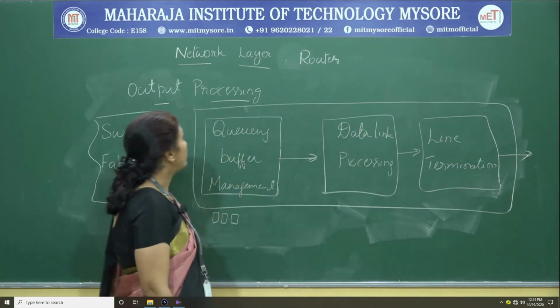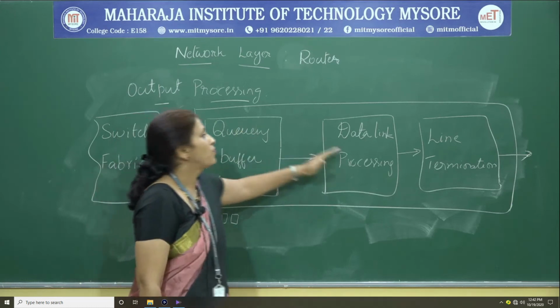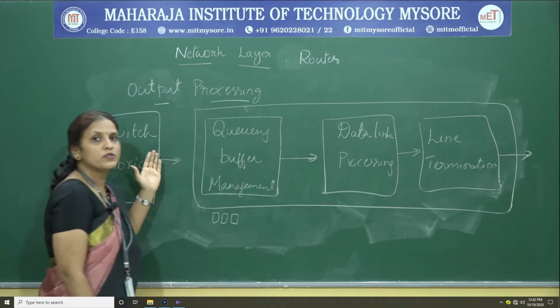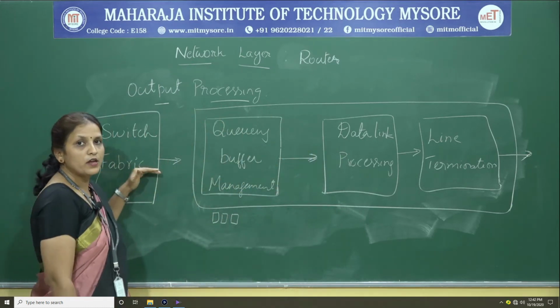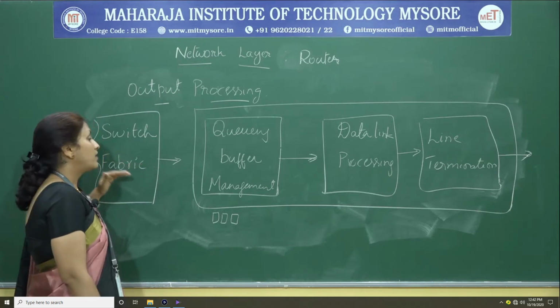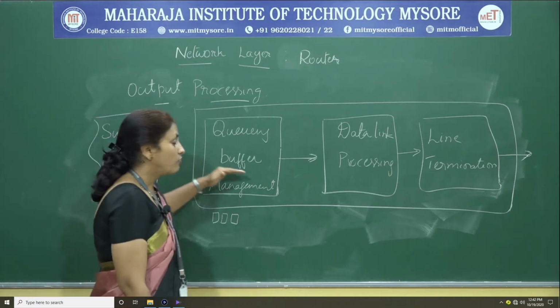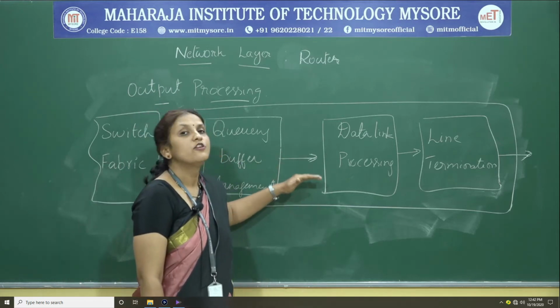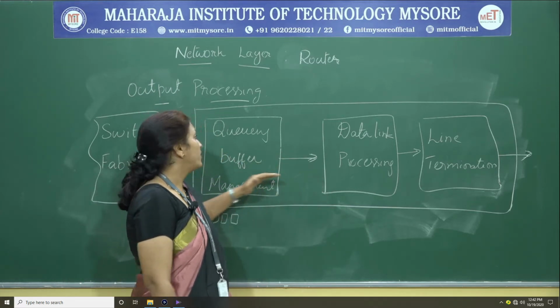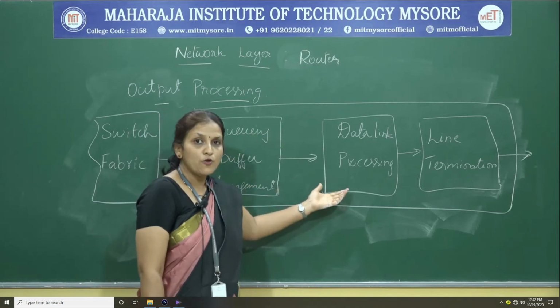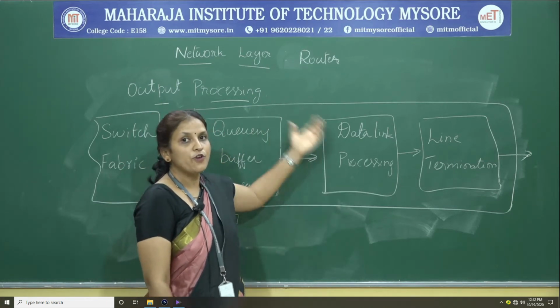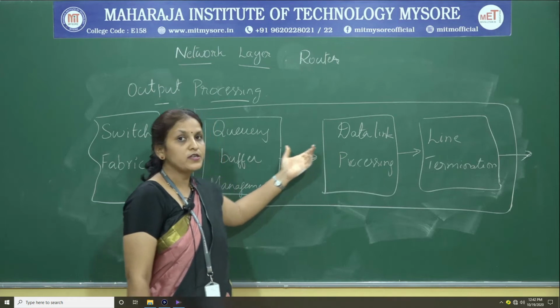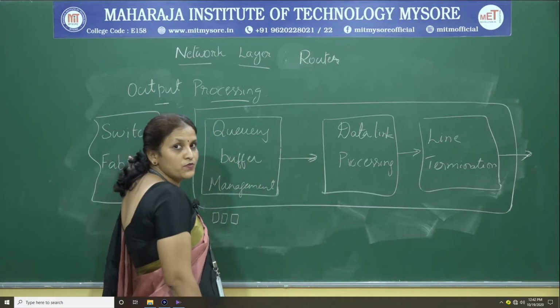Okay. The reverse of input processing is the output processing. In case of input processing, the packet arrives at the router, the physical link connection is detached, and then the data link layer functionalities are performed. The proper output link is determined with the help of the forwarding table and routing processor, and then it is moved on to the switch fabric.